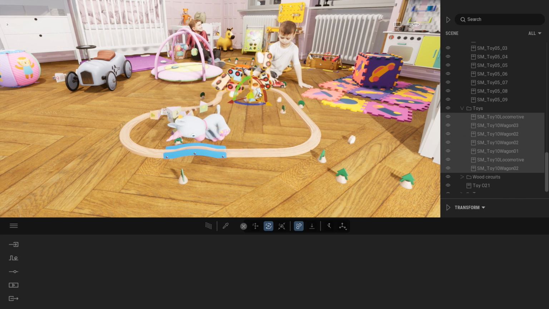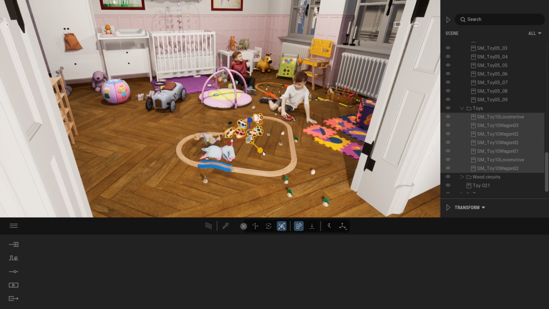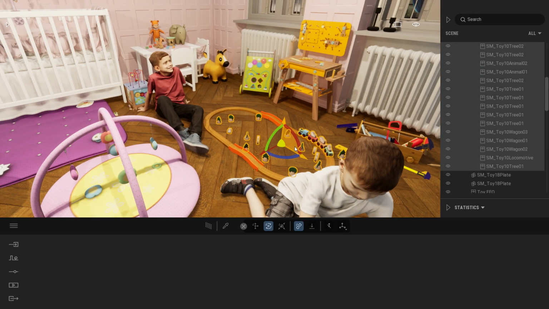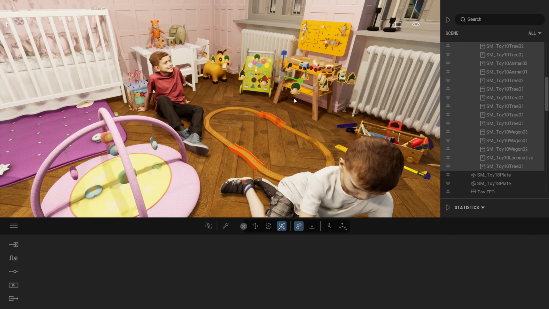We can also use the scale tool to move objects away from each other. So for example here, those objects are not actually scaled, they are just pushed away. Or if I press on the middle here, I can just bring them towards the middle of my scene. Same idea here, if I select all those toys, I'm going to move them up, switch to the scale gizmo to bring them together, maybe just give them a slight rotation, and press the gravity button to make them fall nicely.